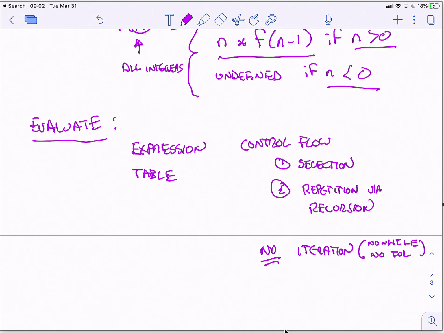There's some interesting things about how expressions are evaluated, which we'll get into in a little bit. Okay. There's also no state. So I'm going to add that. So that's kind of interesting, right? So there's no state. Well, that means that